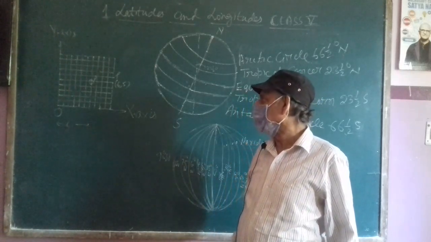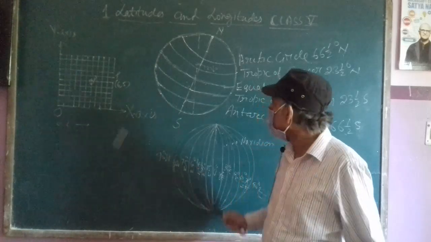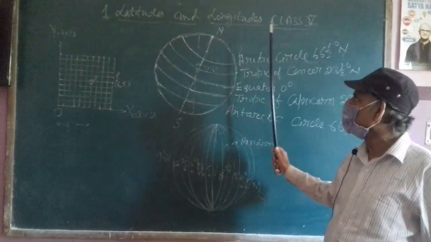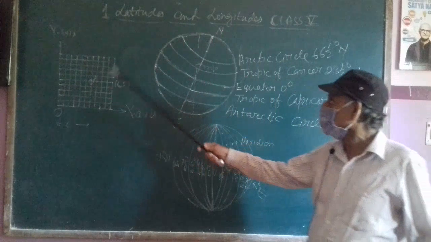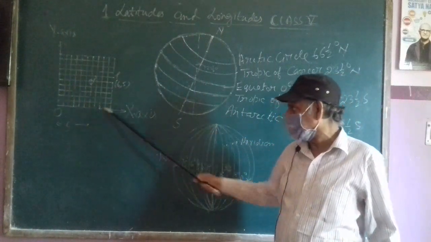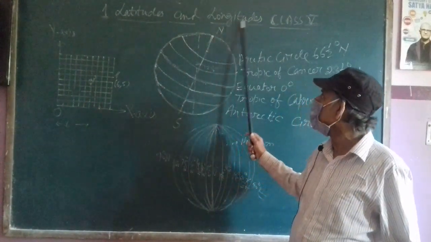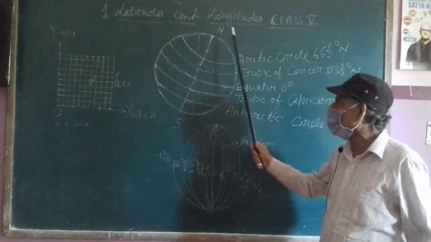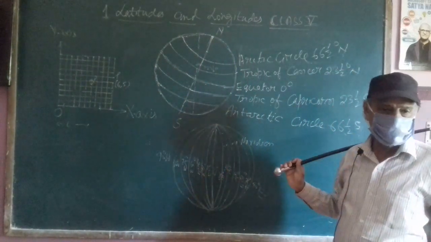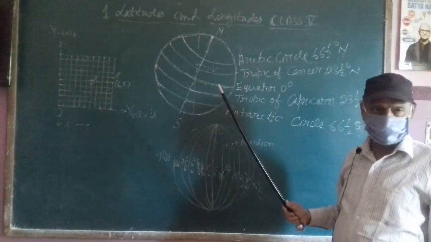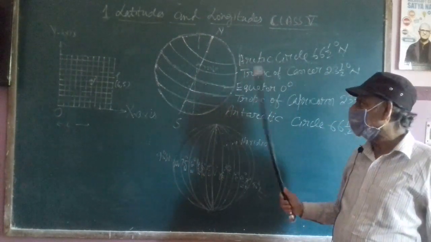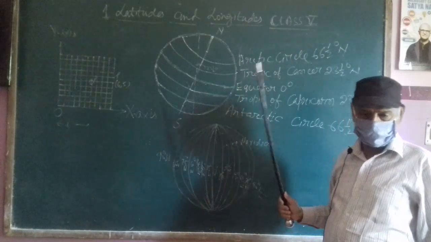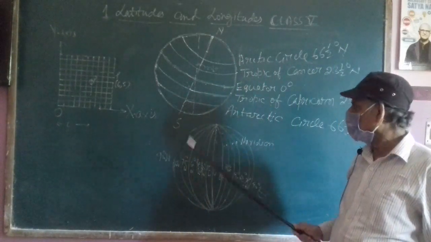So similarly, exactly in the same way, these are latitudes and longitudes. You may regard latitudes as horizontal lines, and longitudes as vertical lines. This is drawn on the surface of the earth. But before discussing latitude and longitudes, I will tell you some important points about earth, our globe.